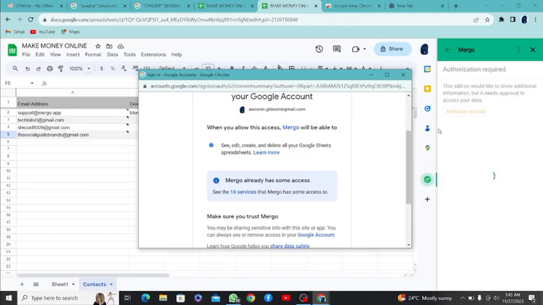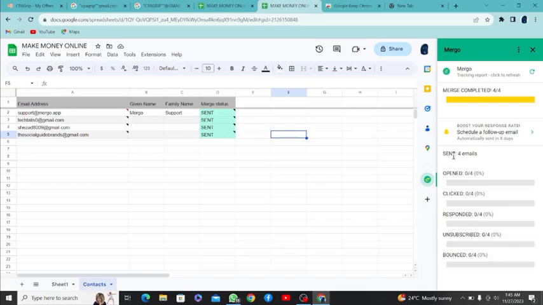It's loading. So what you're going to see next, now you discover that it has sent. They have sent our email. You can see sent for email. Open 0 out of 4, click 0 out of 4, respond 0 out of 4, unsubscribe 0 out of 4. We just sent. You can see if you come to the email now, you discover something like sent. All right, so this is it. We have sent the 4 emails, merge completed 4/4. That is to say, we have sent these 4 emails to them, and as they receive this email, if they open it, take action on this our offer, we are going to be getting paid for it.